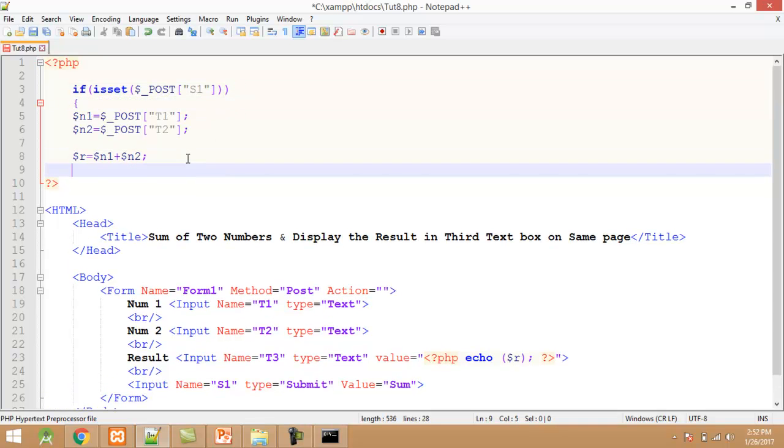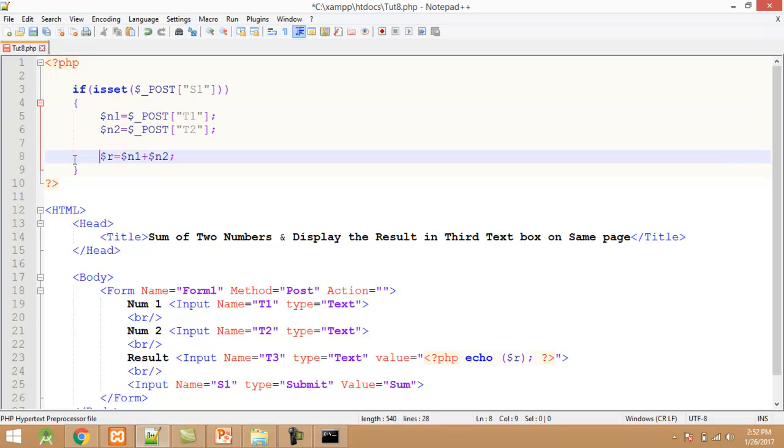And all the PHP must be enclosed within the curly braces. In this code I put the condition: if the user presses the submit button, then text box 1 and text box 2 values are stored into the n1 and n2 variables, and perform the addition operation on n1 plus n2.